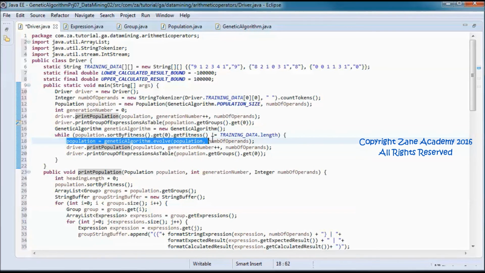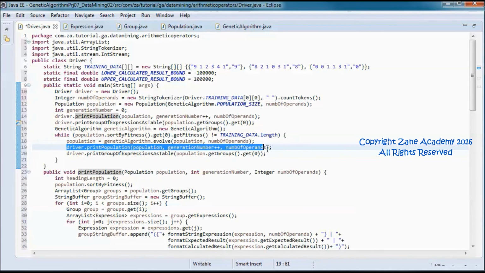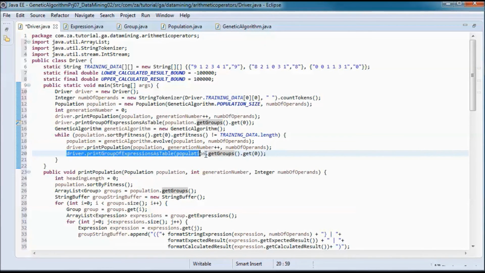And here we will evolve the population and then print that population and print the group of expressions as a table of the fittest group in that generation.